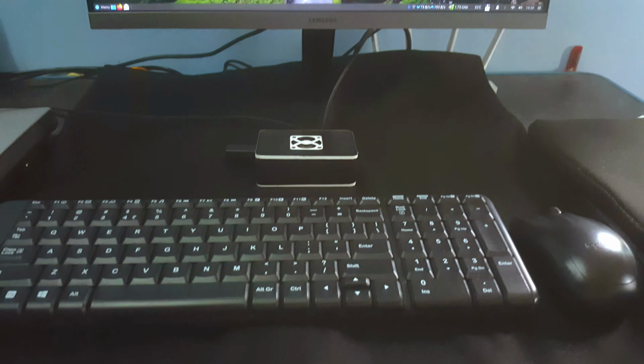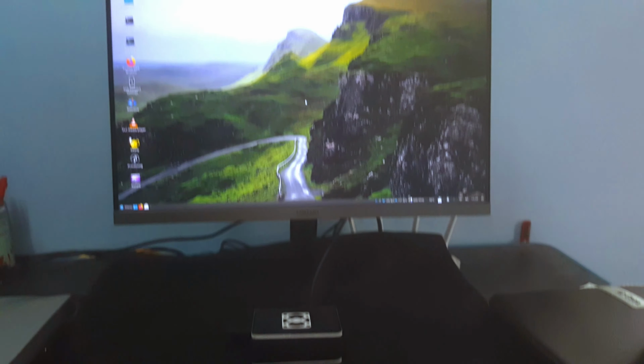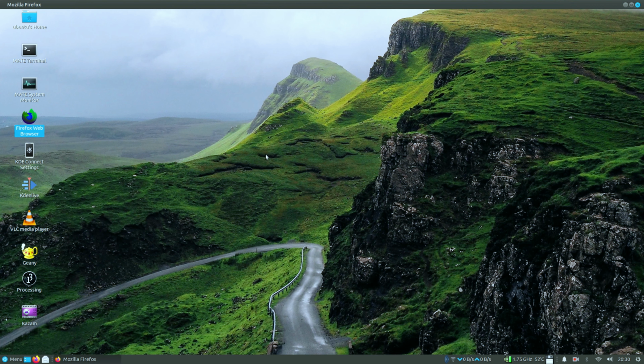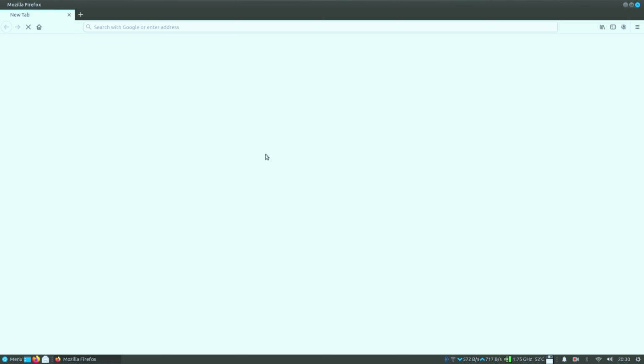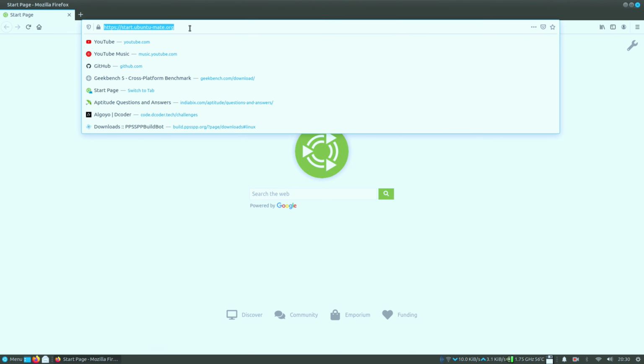I am currently using a wireless keyboard and mouse. Now I will be showing you the performance of this operating system. So this is my home screen. Let's open the Firefox browser. So as you can see, it is quite fast. It has just booted up, but still it opened the Firefox browser quite fast.